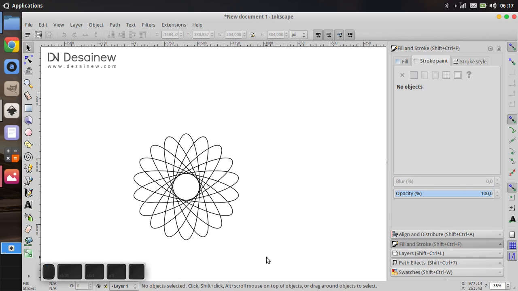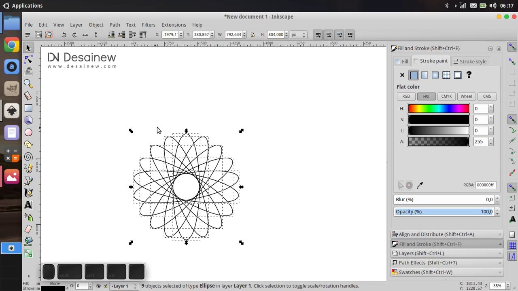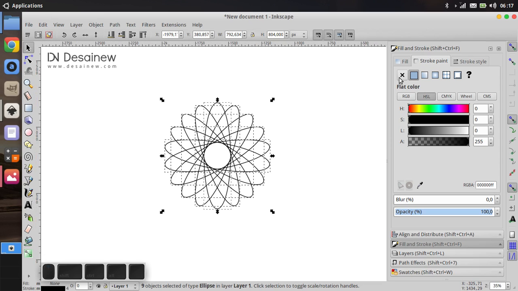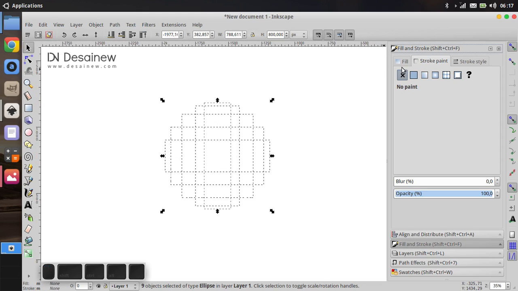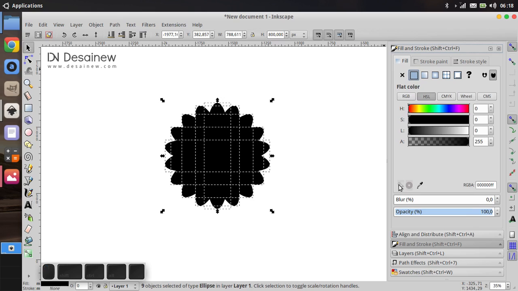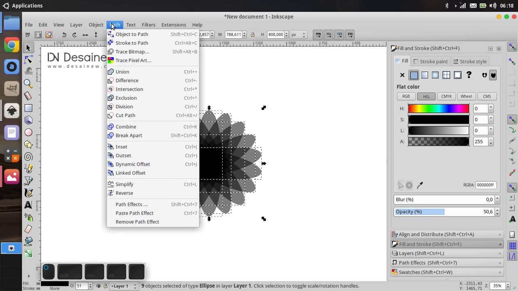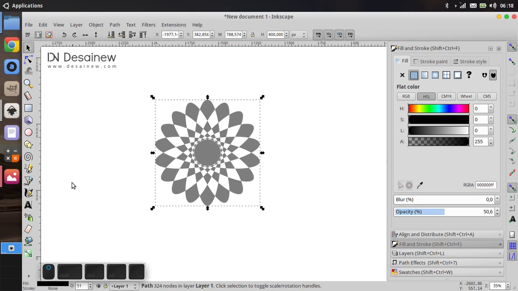Okay, select all of the objects and you can disable the stroke pen and enable fill and reduce the opacity like this, and then choose the Path menu and click Exclusion like this.